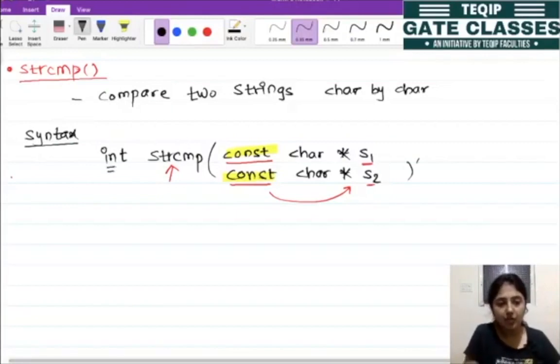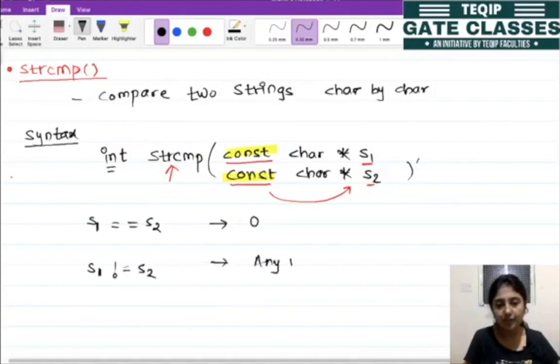So let's see why the return type is integer. When our s1, string 1, is equal to s2, the return value of this function is 0. And when s1 is not equal to s2, it will return some value.